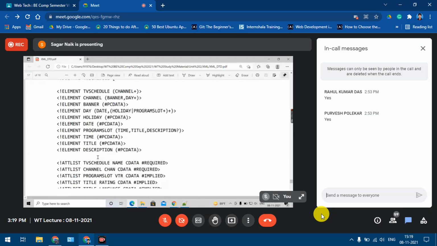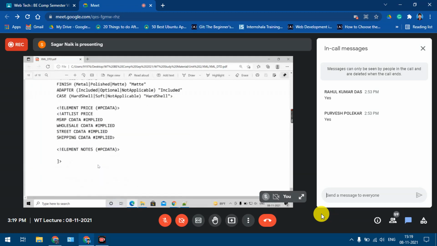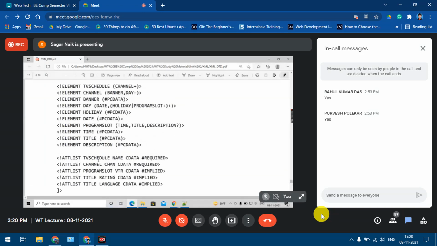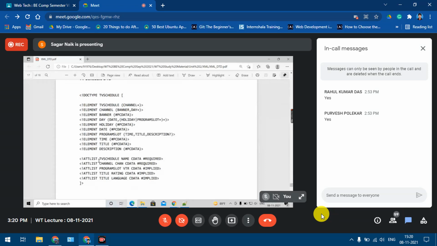These are two examples of DTD. Look at this, this is a complete DTD that is given. So this is just a reverse thing.